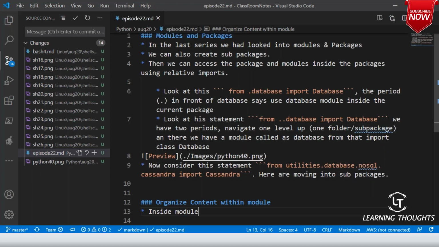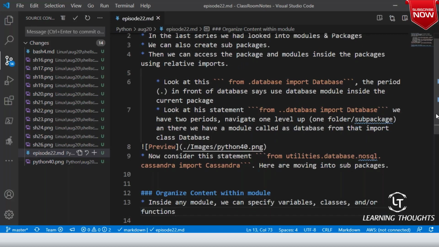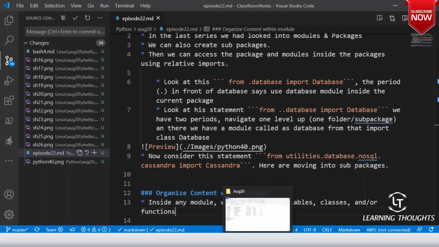Inside any module, I can write variables, I can write classes, or functions directly. Python allows me to directly write functions.